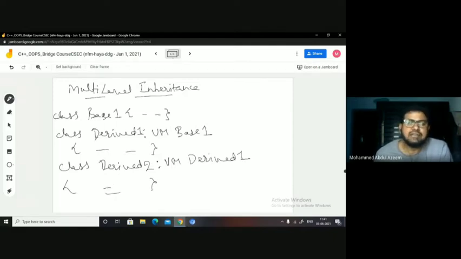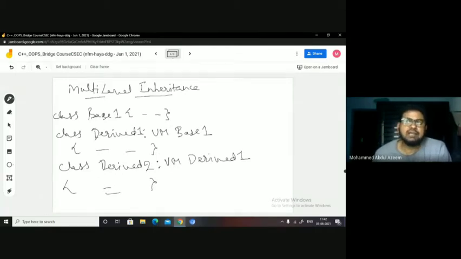Since I have inherited one class at one level, and then this class is inherited at another class, the level of base 1 has become 2, right? This has been inherited at one level, that is, this is said to be single level for base 1. And then when you have inherited derive 1 at derive 2, at level 2 I have derived the base 1, I can say, right? That is how I say it is a multi-level inheritance, right?